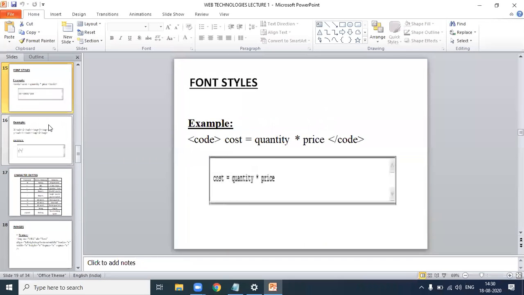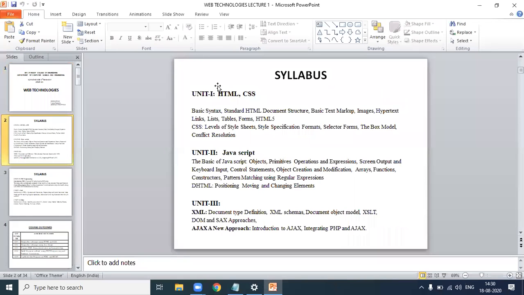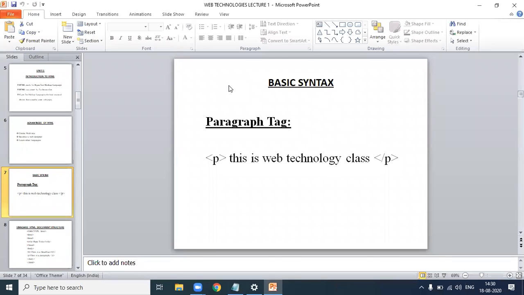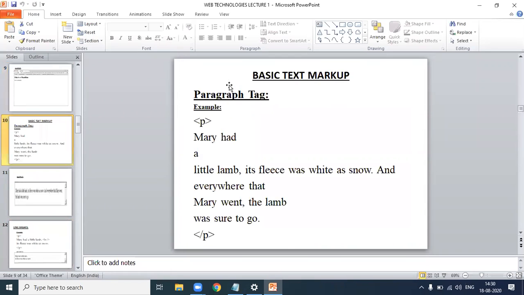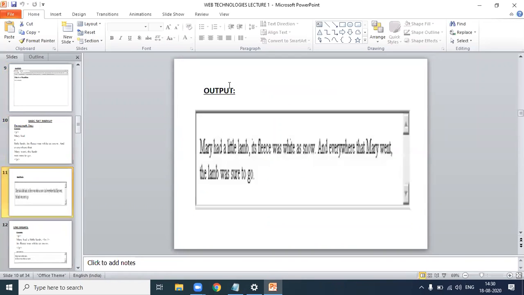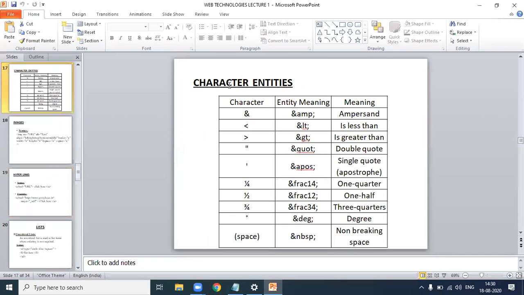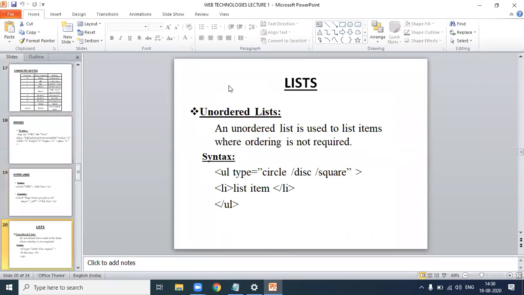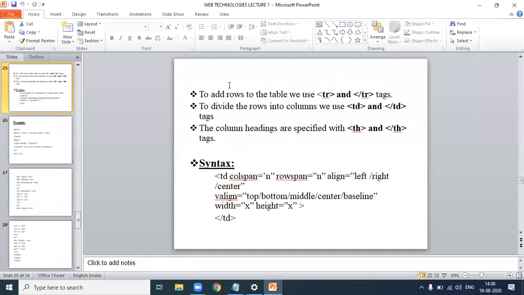Up to now we discussed introduction to HTML, advantages of learning HTML, basic syntax, standard document structure, and some basic tags, that is paragraph tag, line break tag, heading, font style, character entities, images and hyperlinks, lists and tables. These are all the basic HTML tags.